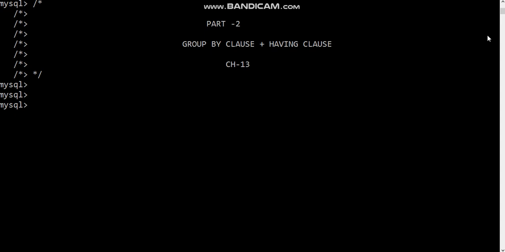When we have something common between them, similar data in a particular column, then we can group them using the group by clause. And the having clause will help us to put conditions also. One most important thing about group by is that it supports all the aggregate functions that we have used previously. So let us start this practical now.